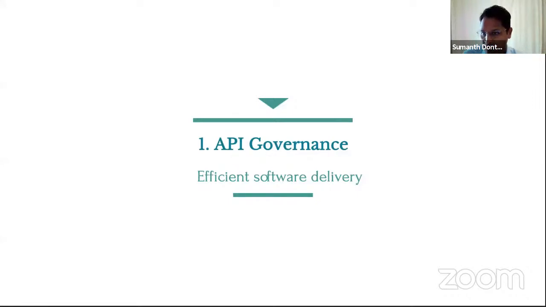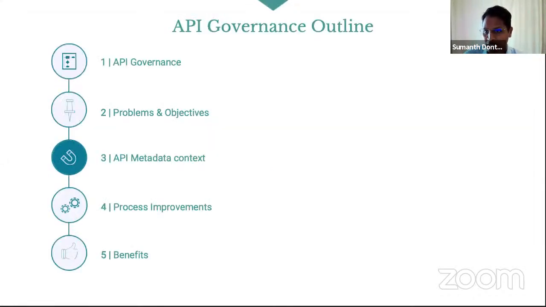So the first is the API governance. We'll briefly talk about some of the problems we've had, the objectives, the metadata context, how we've improved our processes, and the benefits of the API governance.